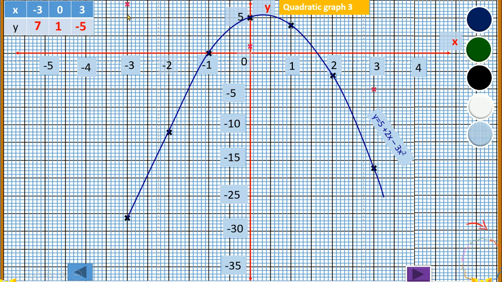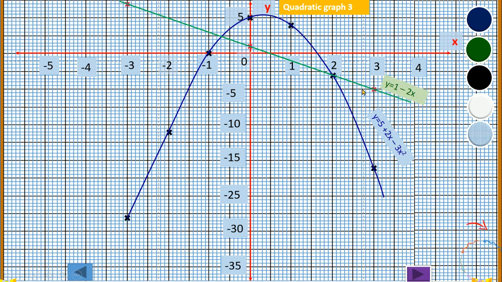So now we are going to join these 3 points with a straight line. The green line represents the straight line. And the straight line is y is equal to 1 minus 2x. Now, having done the plotting of the graphs and getting the curve and the straight line, we are going to answer the